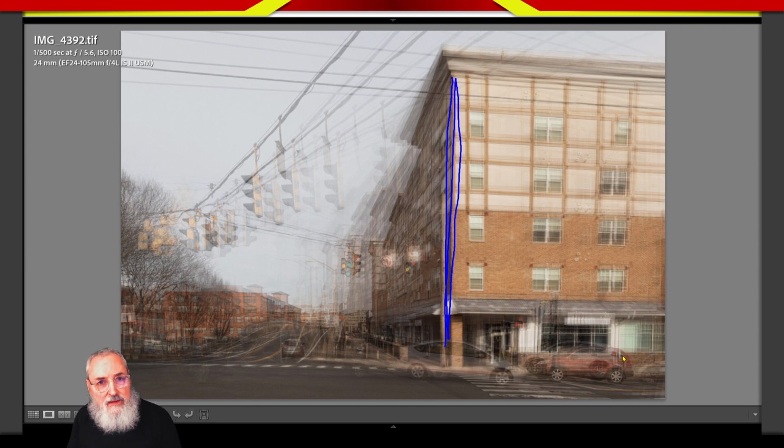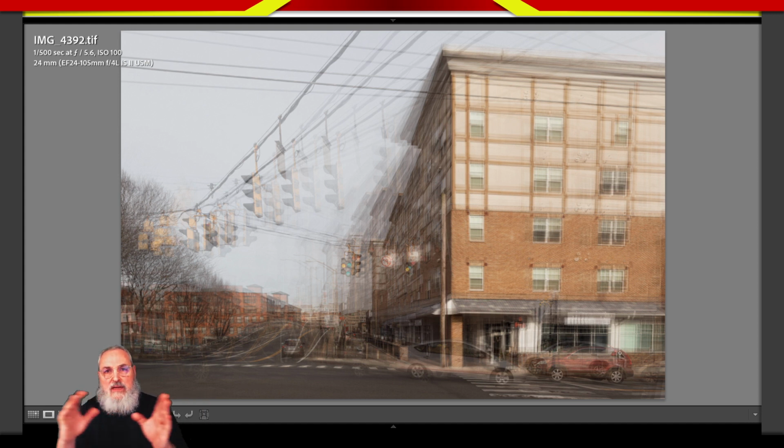very roughly, and I'll show you what I mean by that. I used that very roughly as my guide for capturing each subsequent frame. It was very experimental. I really didn't know what the heck I was doing. But after this first image, I walked a little bit further up the street